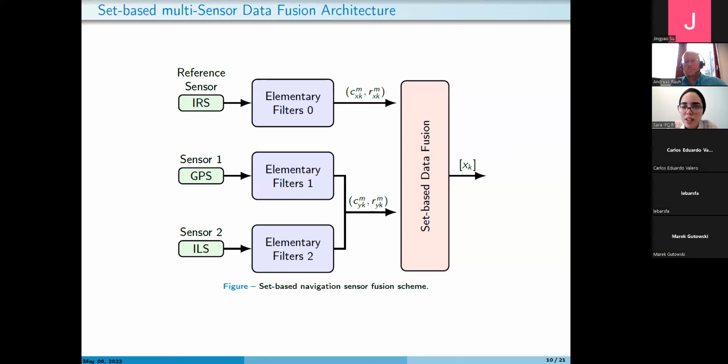How can we evaluate the error in the context of set membership techniques? Yeah, this is the question. Okay, so in here,